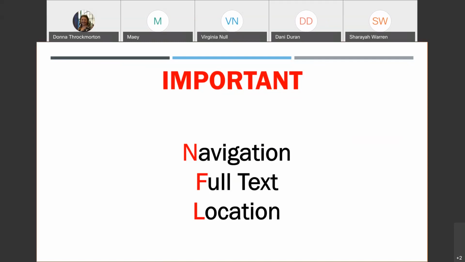Another thing to remember is full text. We want to make sure when we're going through this resource that we have clicked the full text box, because there's nothing more frustrating than getting that perfect article and that title looks like it has everything you need, and it turns out it's just an index or an abstract and not the full